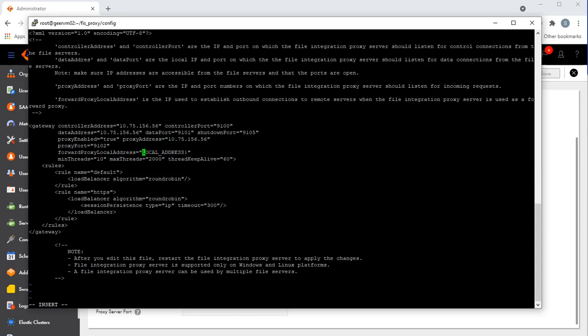One thing which we need to give under the SFTP connection is a proxy port. The proxy port would be 9102. That is the port where the proxy listens for incoming connections. So when we are testing an SFTP connection, the request for the connection will be sent to this machine and the port number 9102. So it looks as if the connection request is coming from this proxy server to SFTP. It will not actually reveal the IP address of our secure agent.